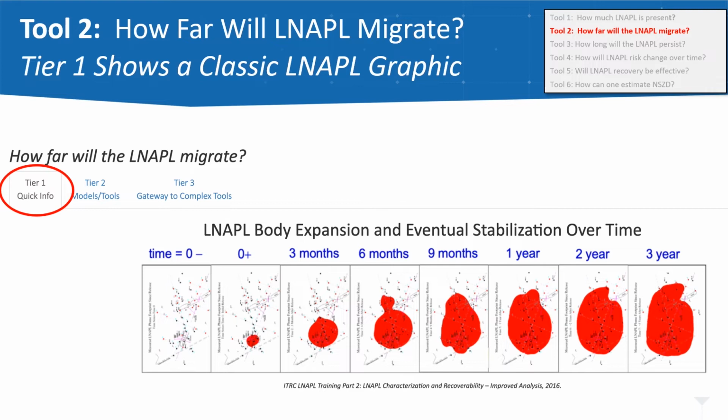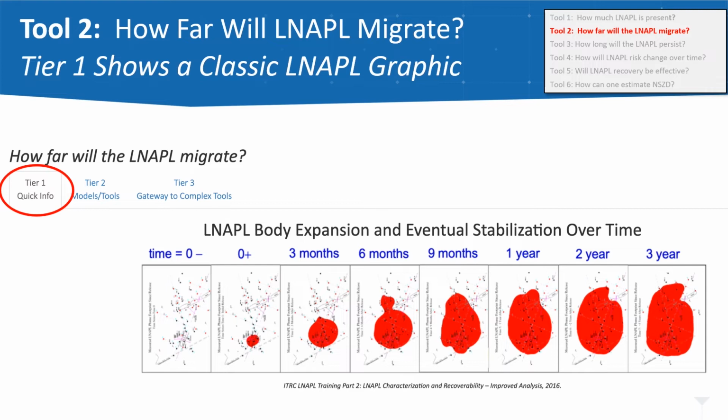And the key point is that after about a year, that LNAPL body footprint has stabilized, and it's very typical at a lot of sites where there's just been one release that has occurred, that it takes pressure to force that LNAPL to go through these pores and the pore throats between the pores down there in the soil and the subsurface. And at some point, there's just not enough pressure, or mounding of that NAPL is not strong enough to make